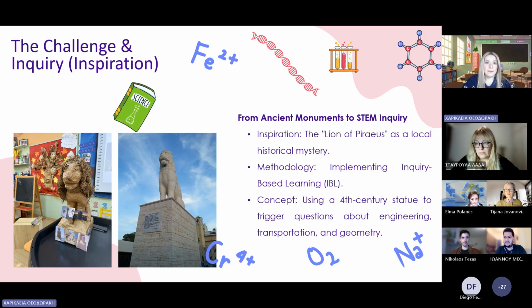We used the routine see, think, wonder to analyze the statue and structure and the runic inscription, setting the stage for a cross-curricular change that blends history and physics and engineering as well. In the photos, you can see the original Lion of Piraeus, and on the left side, you can see the lion we created.